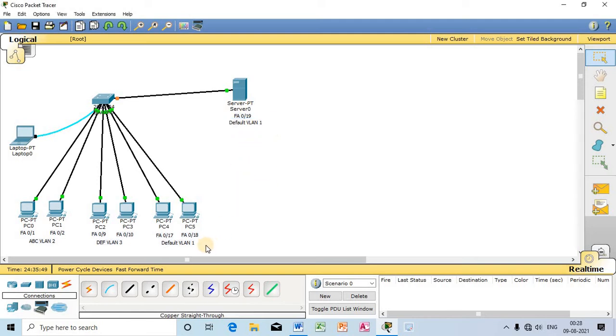You can watch out, because we have not allotted the ports from FA0/17 to FA0/24. That is why those 8 ports, which are not allotted under any newly created VLAN, are still belonging to the default VLAN.